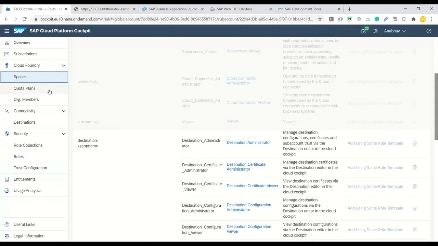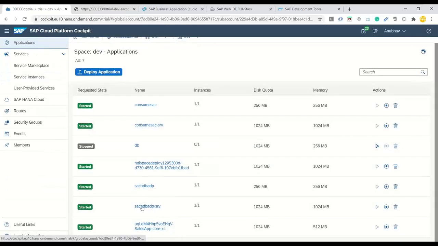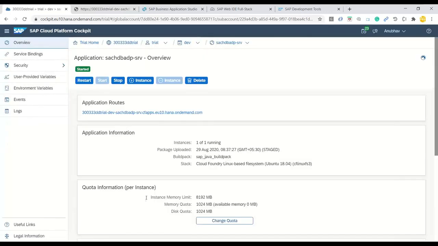So let's not change the code for now. I'll go back to my space. And we've got one more service called SRV. This is one service, this is another service. I think this one is just an app, but this is the actual service which we have to talk to. Let me try this service URL,